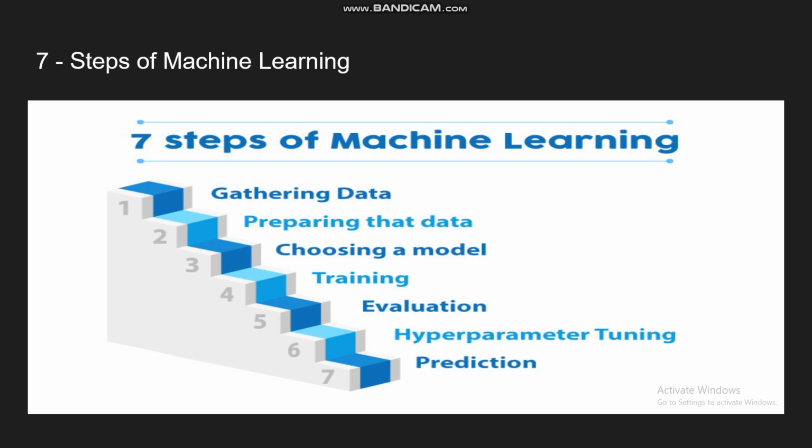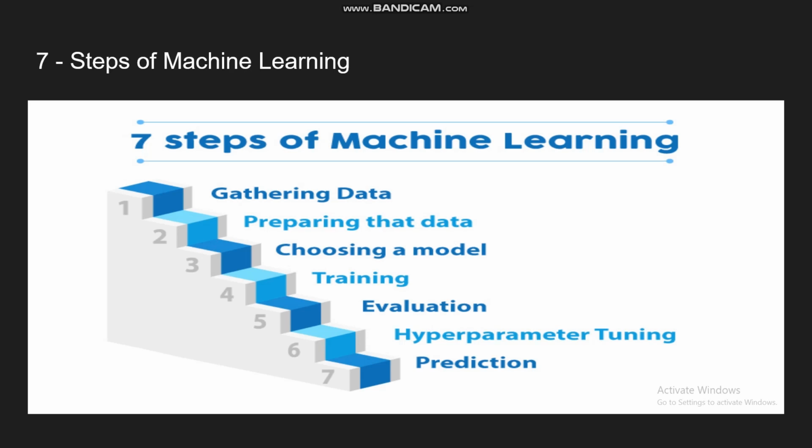Now, training a model. You are now ready with the data, you have chosen the model, and now you are feeding the data set to the model, training it. In this step the machine learns from the data sets. It extracts the important features and develops patterns from them, training with the help of experience. So this is mainly training: in this step the model is trained.